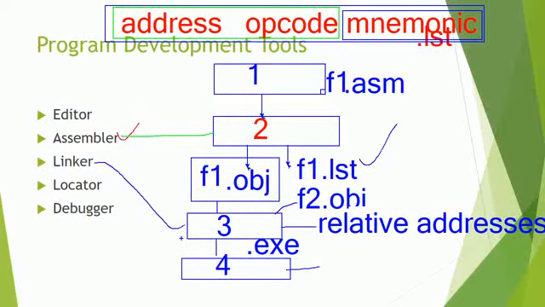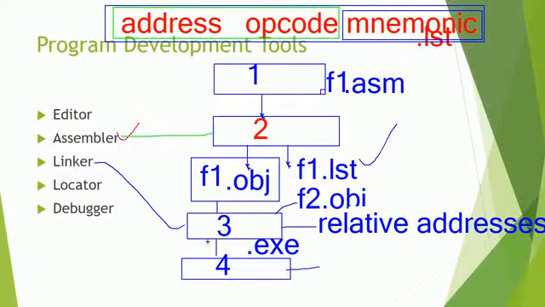Now the locator is the one which is accepting the information in the .exe format by using one program. Each and every block is one program. If you are getting at this, we are having the different blocks. So here the linker block is linking all the .obj files and assigning the relative addresses to your program.